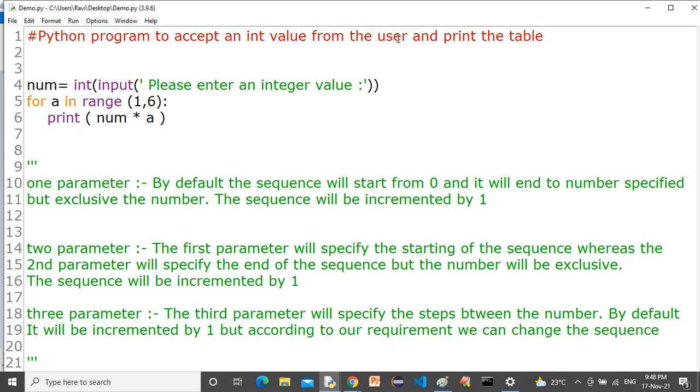Okay, Python program to accept an int value from the user and print the table, up to line number 6 only. Okay, done all of you.